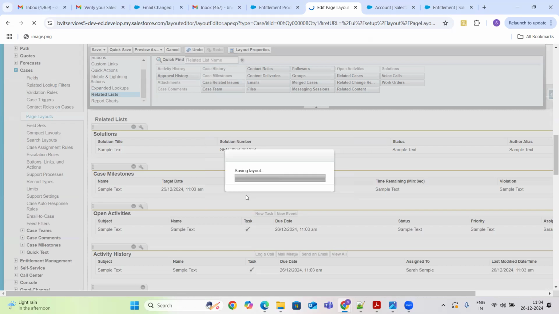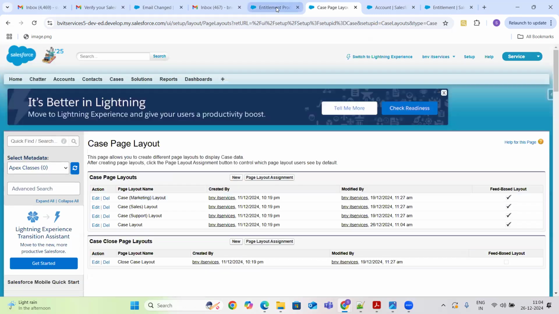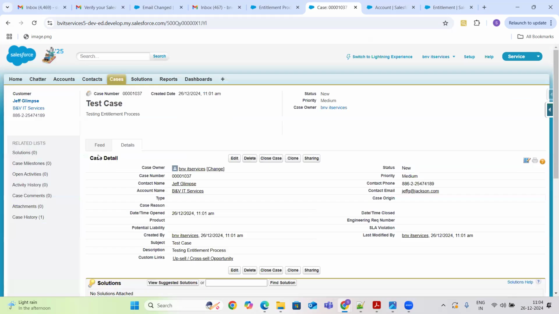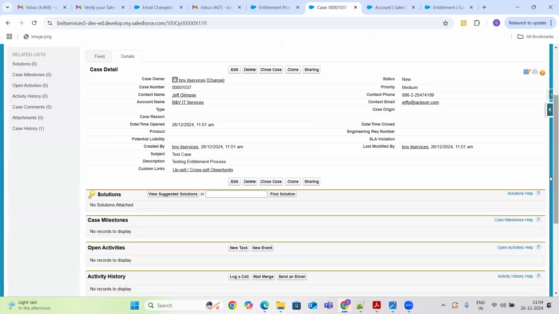Okay, now I'm going to the cases, opening up a case. So I can see no milestones are created here.